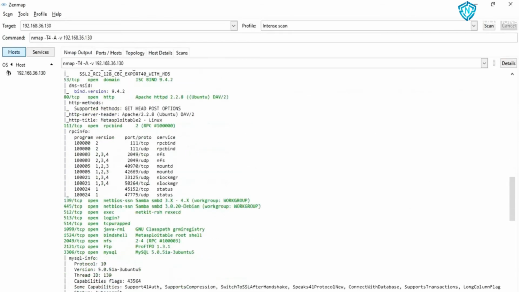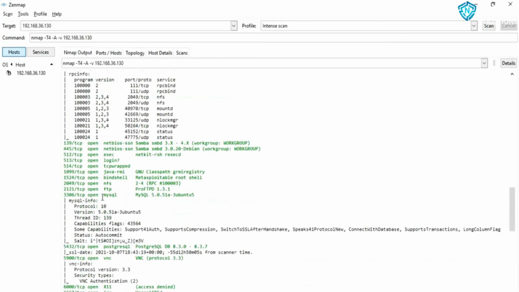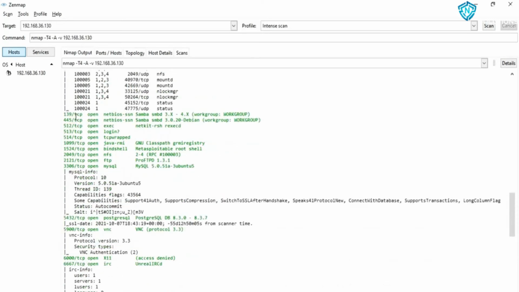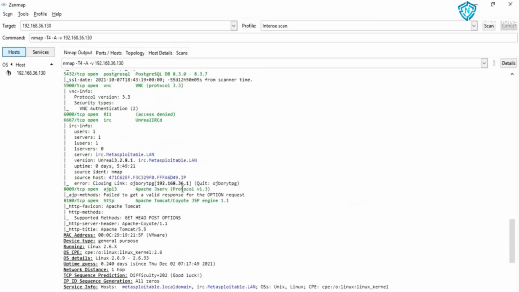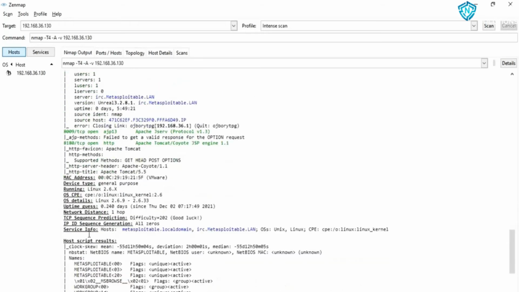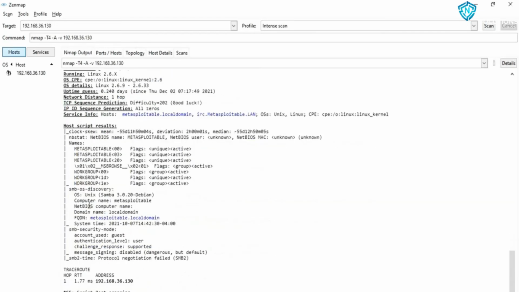Then next we will see 53, 80, 111. All these ports are mentioned which are open on the IP address. Along with that, their services and versions are also mentioned. Further, the MAC address, device type, running Linux operating system and other OS details are also mentioned.